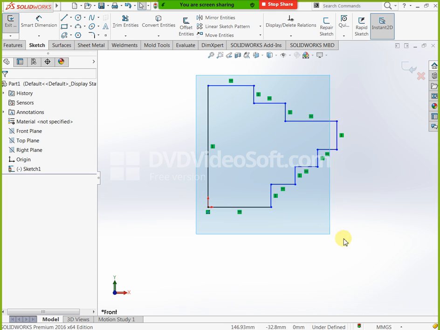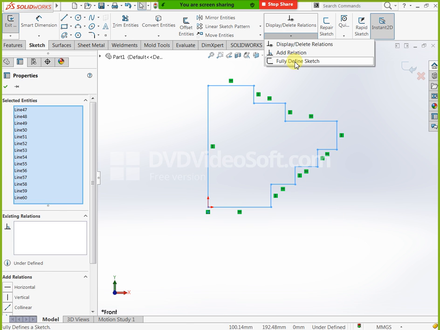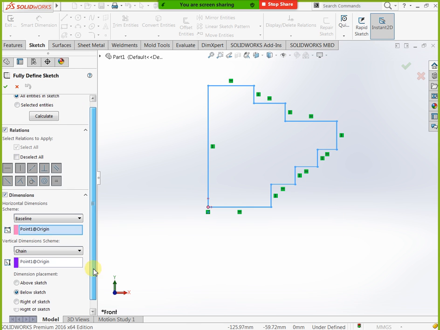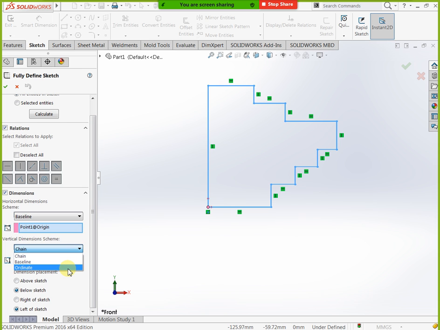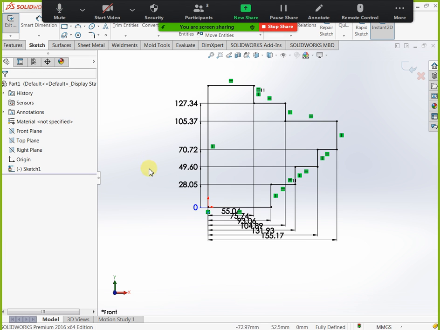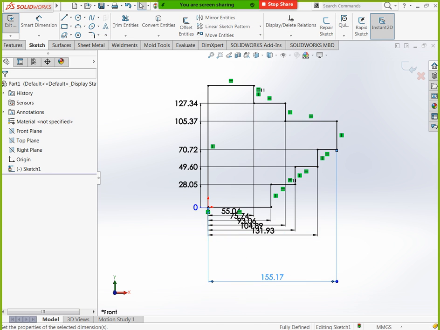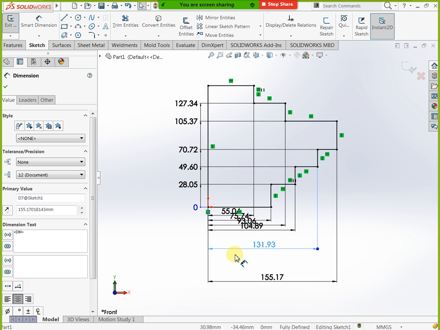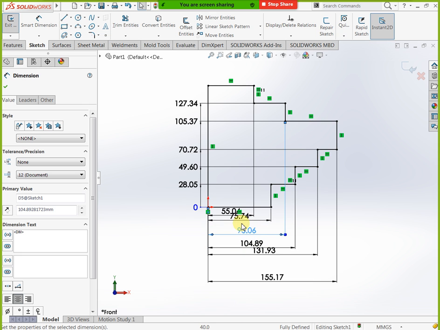This is ordinate dimension, just you can see. Okay, vertical condition, you can see you got all dimensions. See, this is 0, 0 to 28, 0 to 49, 0 to 70.5. These all you can consider as ordinate dimensions.